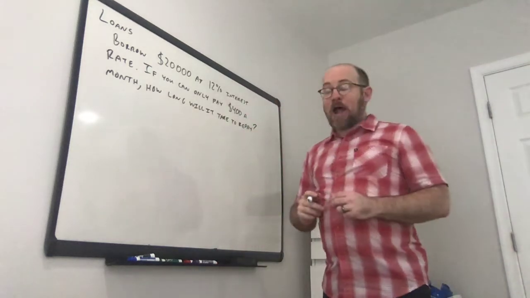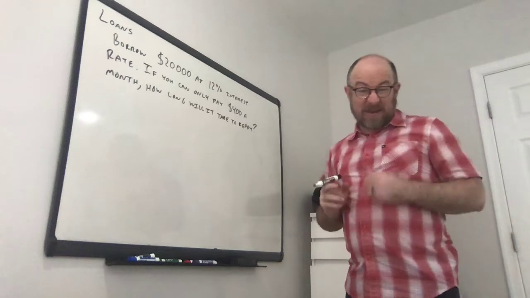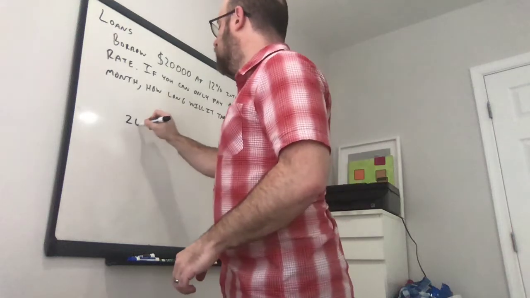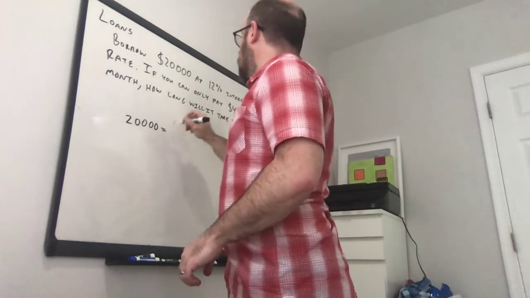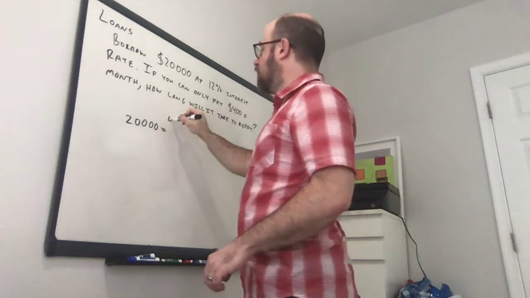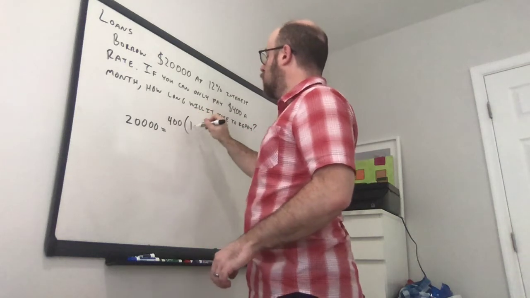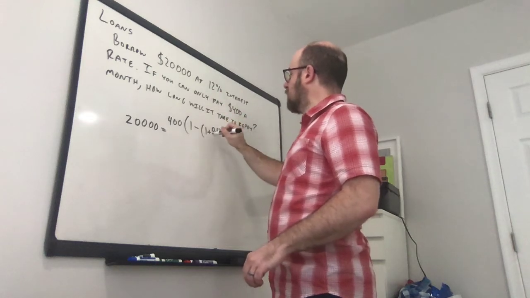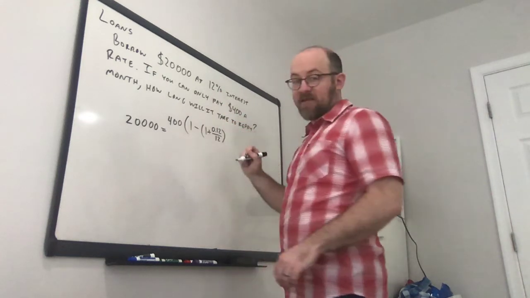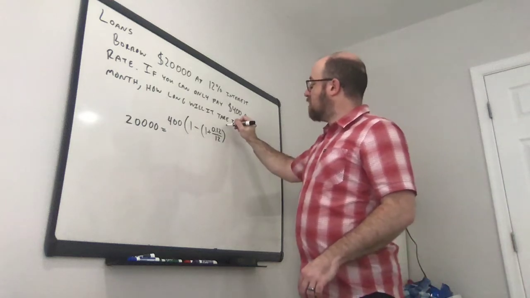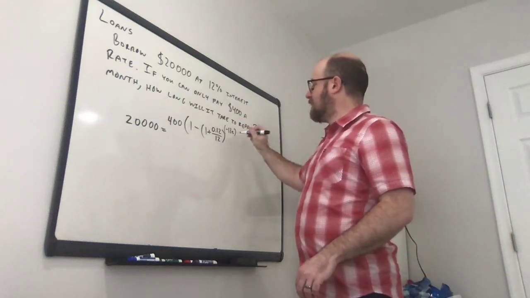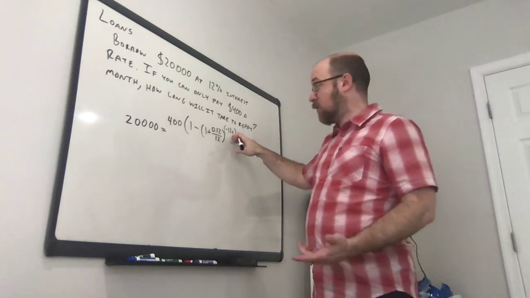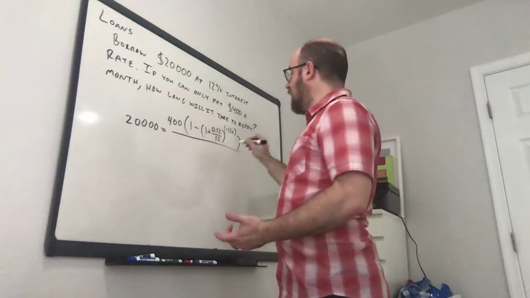Okay? Now, a problem like this is more complicated because if you think about what we've got here, we've got our P, 20,000. We've got our D, we're paying $400 each month. 1 minus 1 plus 12% divided by 12 because it's monthly. And then we've got a negative 12t. We don't know t, we don't know time. That's what we're looking for. And so that ends up being,